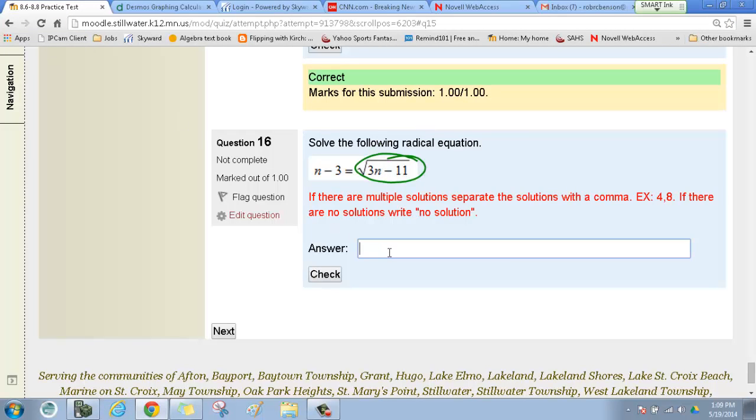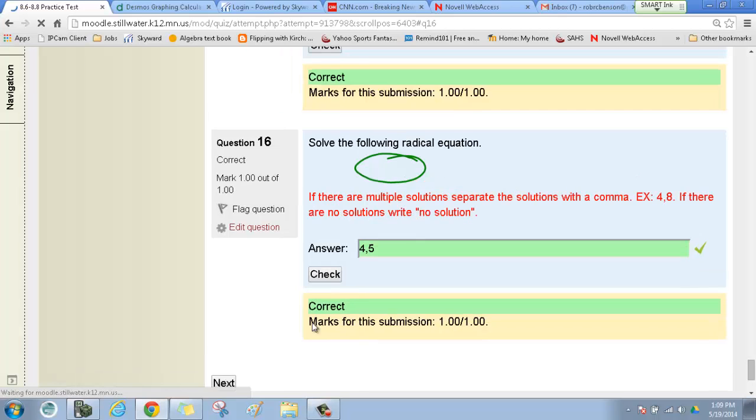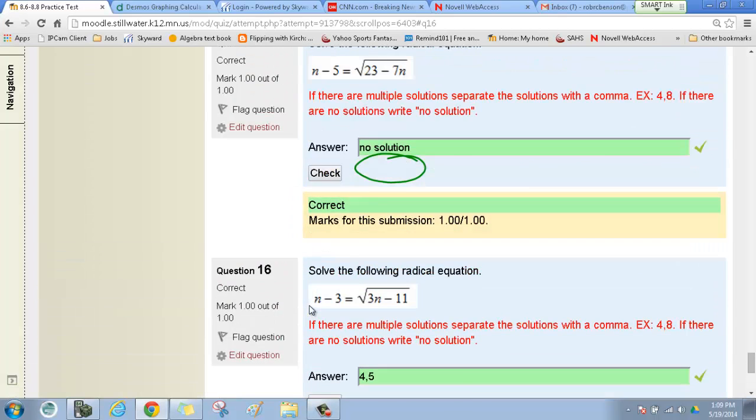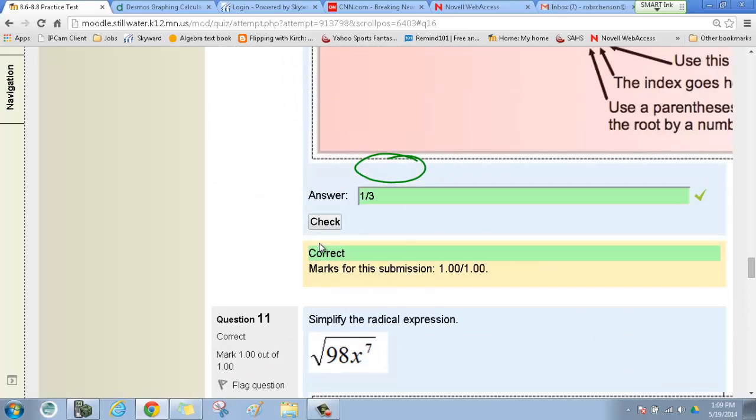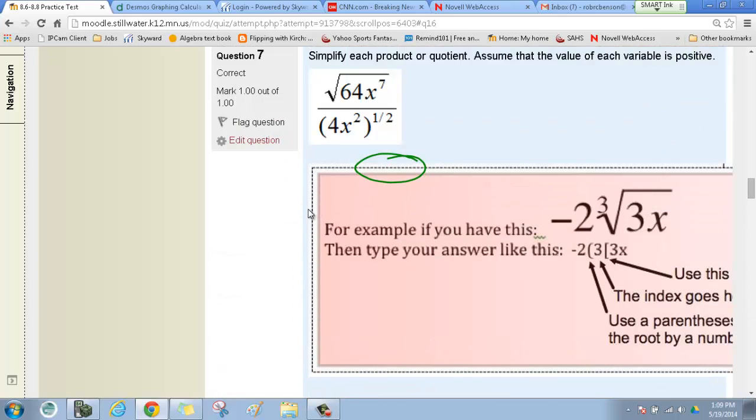So we can just take those solutions and plug them straight in to our answer. We put a 4 comma 5. Check that out. And there you go. So that's how you do the problems. This is some of the ways you can do these problems on this